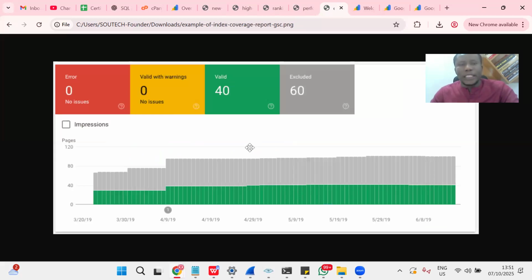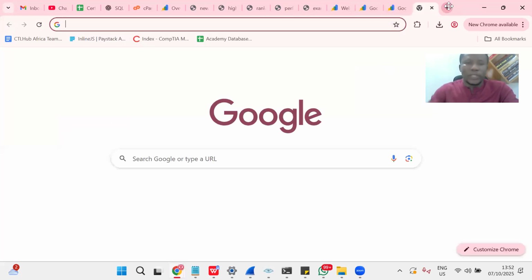Now, another thing you can see is your errors and warnings, because you see at times on some websites you get this red Google Search blacklist. Part of what happens when you put content online is that you're agreeing to make sure that those contents are not vulnerable. So once you have that vulnerability on the website, Google is going to issue a warning. If they issue a warning once, twice, and you don't fix those vulnerabilities, that website is going to be blacklisted. So you're going to see something like this: Google